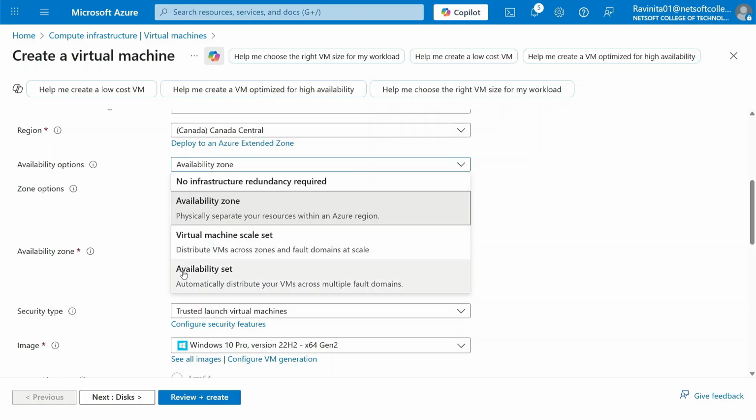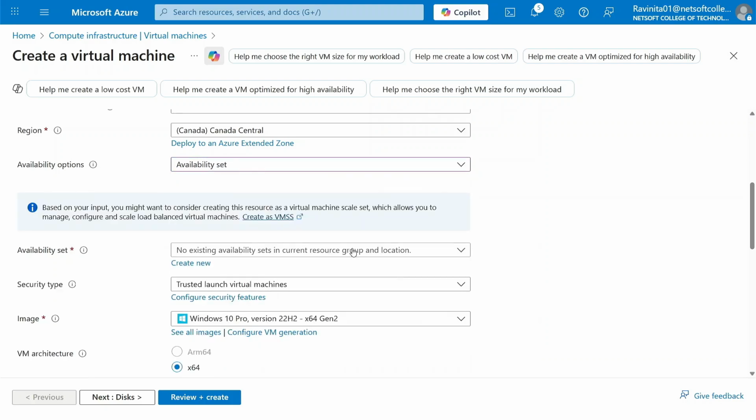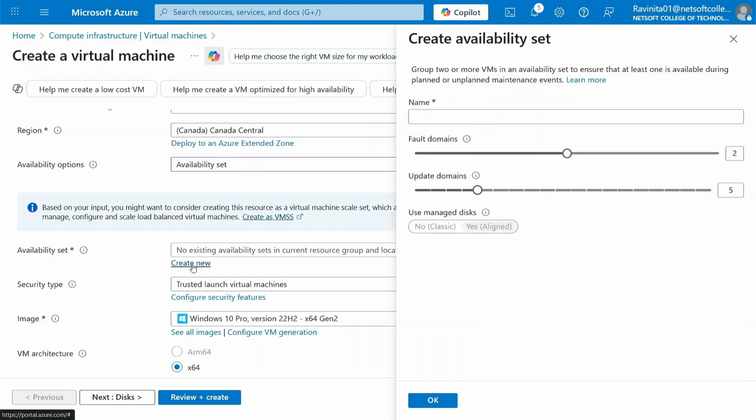The next is availability set. This automatically distributes your VMs across multiple fault domains and even update domains. So if you click on availability set, you need to select one. So what is availability set? Let me show you. The main objective of availability set is to provide you fault domains and update domains. You can select a maximum of 3 fault domains and a maximum of 20 update domains. Now what is this? Well,